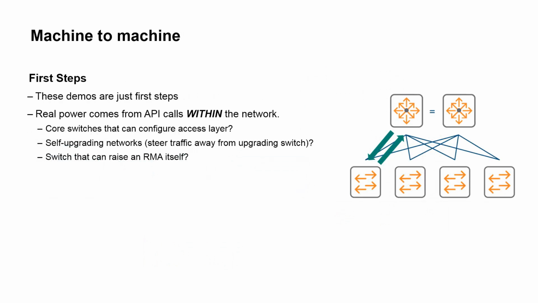Imagine that. Or I thought this was a fun one. What if you had an ordering system that ran an API as well? When a line card starts to fail, the switch can actually raise an RMA for itself, and order the line card itself before it fails. Maybe you think those are crazy ideas, maybe you don't think we'll go that far with networking, but once you get this stuff working via APIs, talking to each other in software, the possibilities are big.